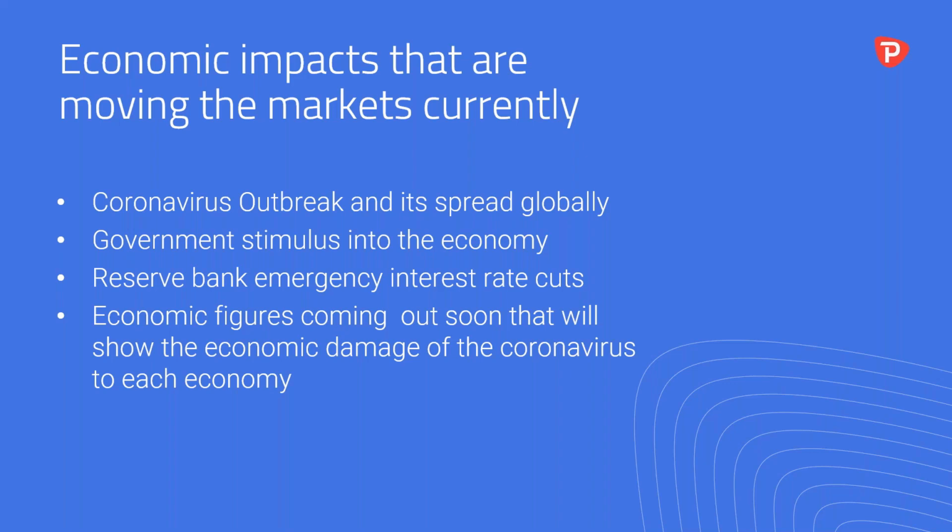So you need to be aware of what the outbreak level is, and that is pretty much the news that is definitely moving the markets at this stage. If you see an uptick over the weekend, in South Korea and Italy and Iran, all those countries having even more spread of the virus outbreak, or maybe this weekend we see, I think the US is now over 1,000 cases confirmed, and it goes to 10,000 or something like that, you'll probably see some form of volatility based on that news. Then, of course, we've got the government stimulus into the economy.